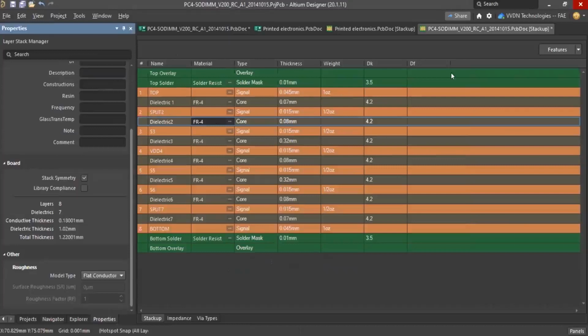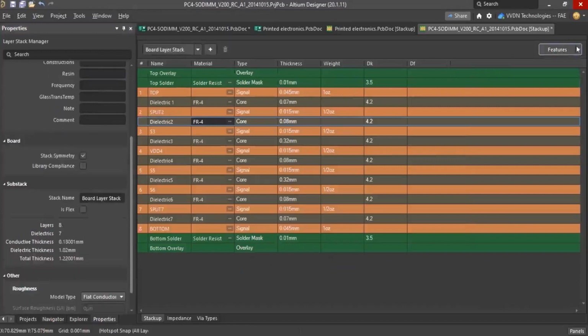It's better I show that in the rigid-flex, because generally we do that in rigid-flex. Okay, so here is the feature. So you can enable rigid-flex.